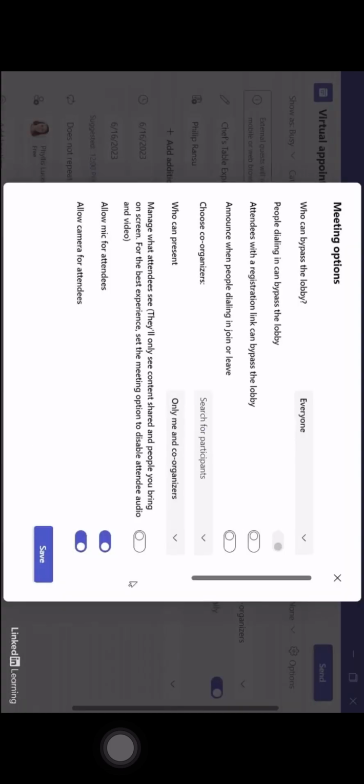Do we want it to be on all the time outside of the meeting as well, or turn it completely off? We'll leave it set to in meeting only. If you want more options, you can either select options here at the top, or you can select more options here. That's going to bring you to this pop-out menu where you'll see that there's a little bit more information,